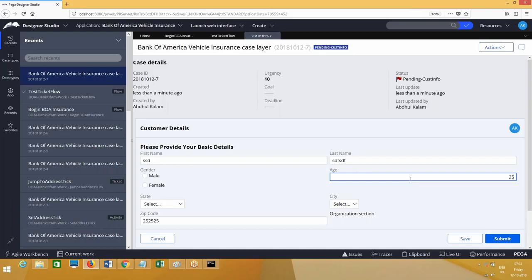I'll do one thing. Let me make changes here. This is address details.